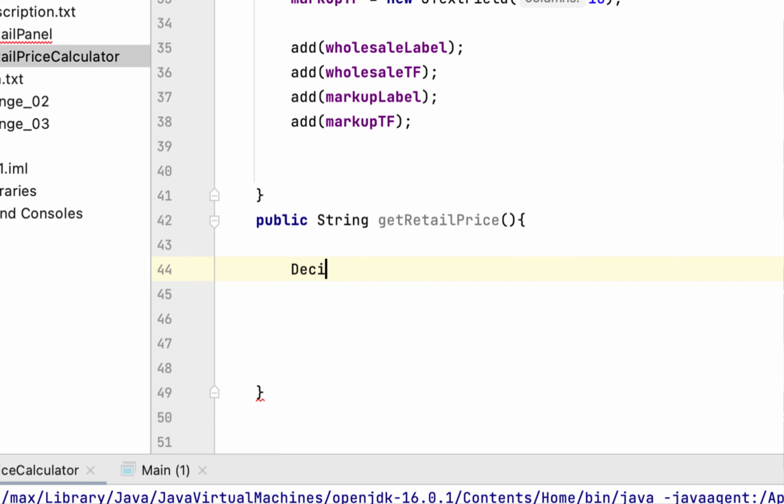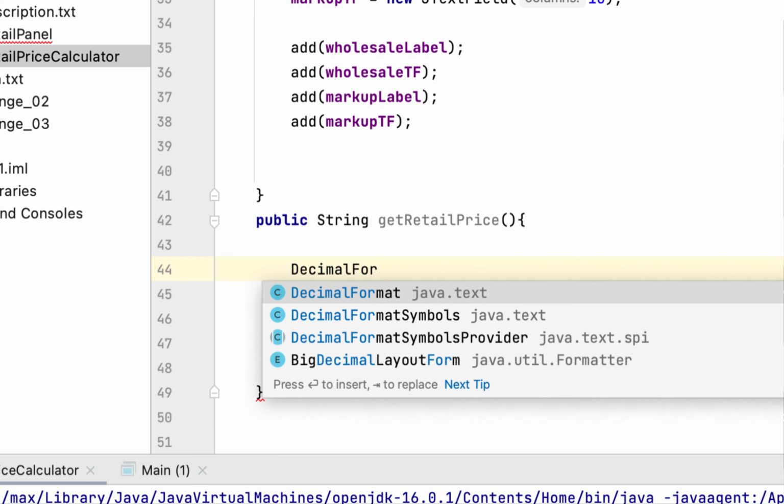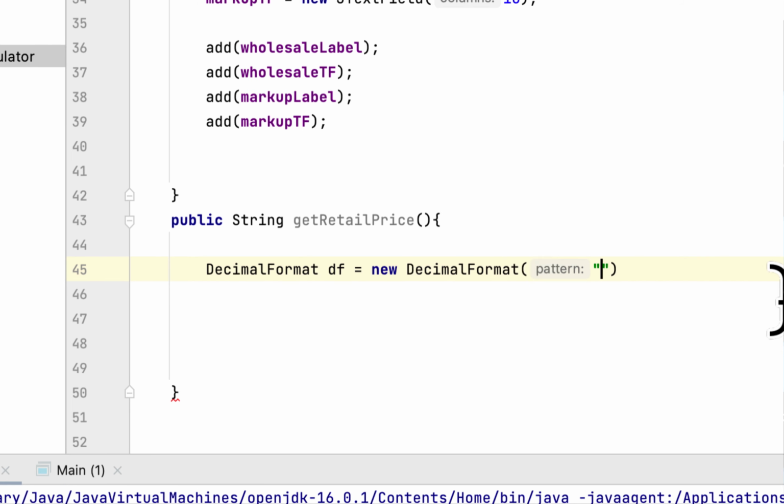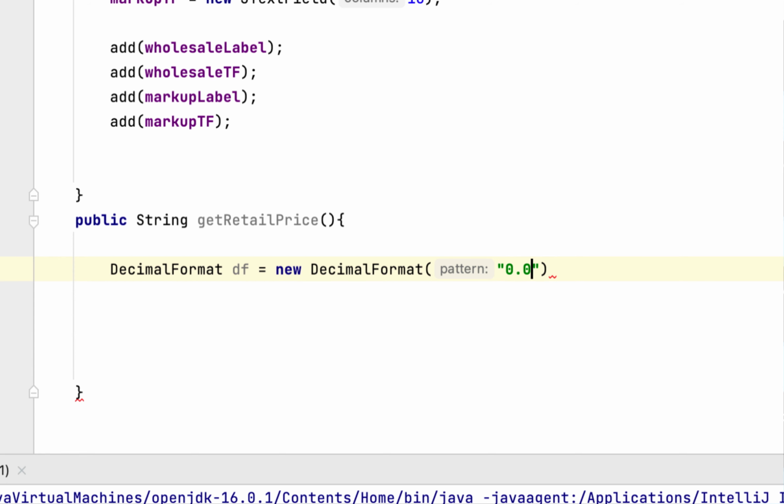We can create a decimal format, a df, new DecimalFormat,